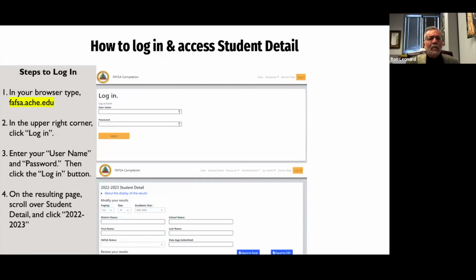All right, let's take a minute to talk about how to log in. I mentioned a minute ago that little login button in the upper right-hand corner. That's available on the home page. If you click it, you'll be prompted for your username and password. There's a couple of different ways that we create usernames and passwords. As I mentioned to you, when the superintendent submitted the use agreement, he or she could designate which educators would have access to the portal.